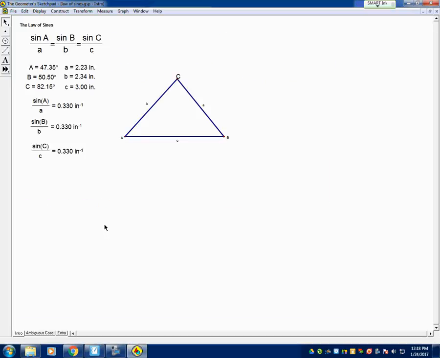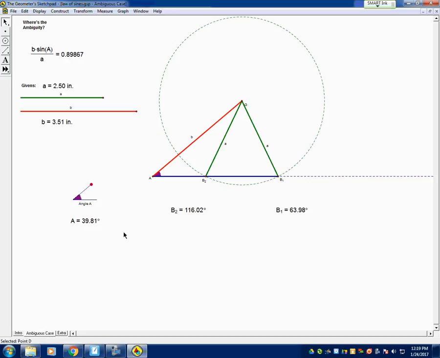All right, so here's what the law of sines says, just repeating the law of sines. Let's go to the ambiguous case. Here it is right here. Where's the ambiguity? We have an example of an angle given right here, angle A, and then a side that's fixed at side length B, and another side fixed at side length A. And what you can see here,